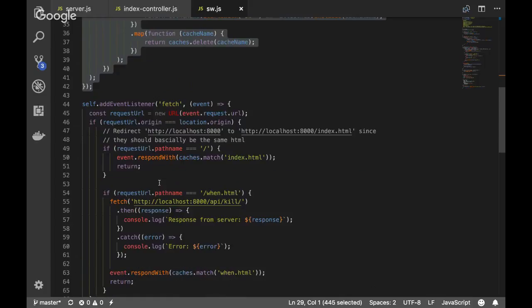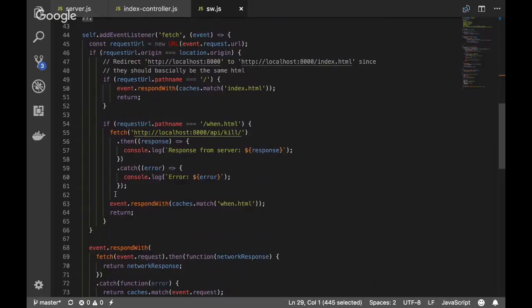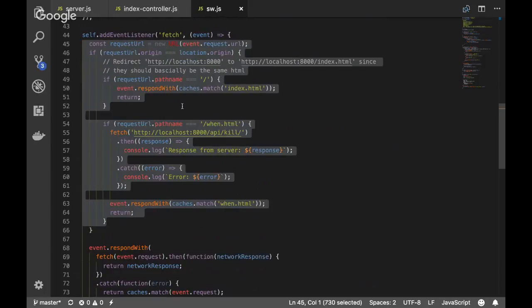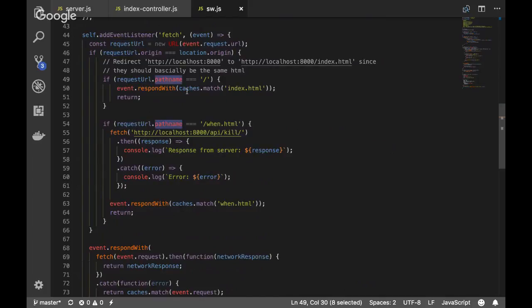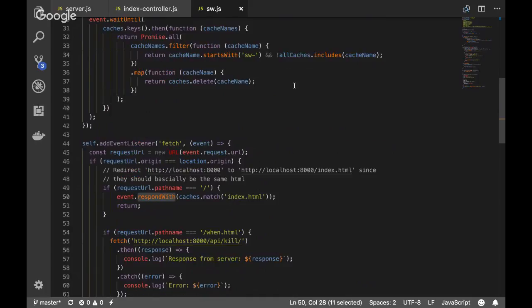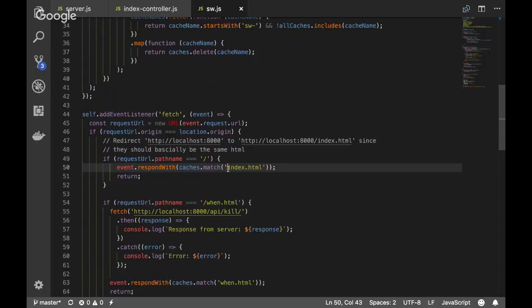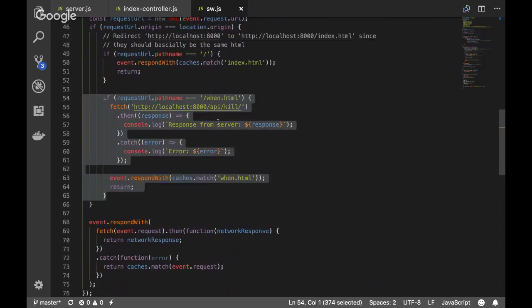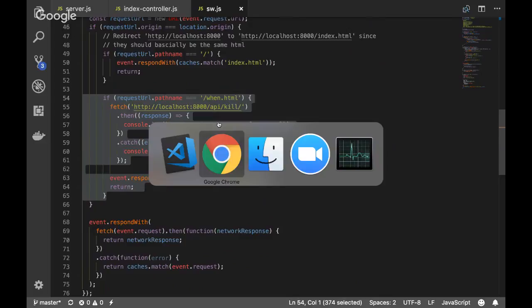And this call here, fetch, is where you do the hijacking. So you could say, I'm accessing the root, and I could ask it to return the static cache index HTML. And this was just some fun code that I wrote. So I'll show you what it actually does.